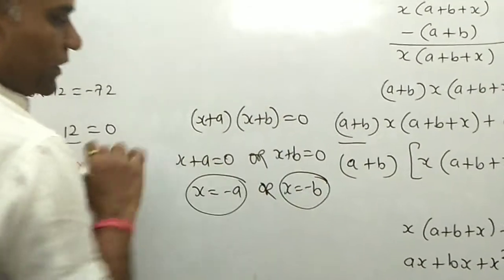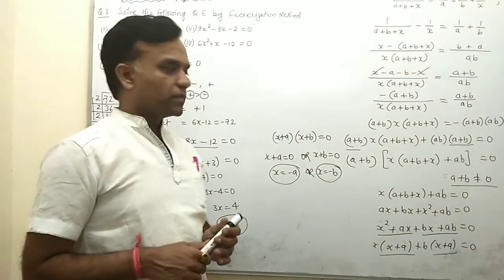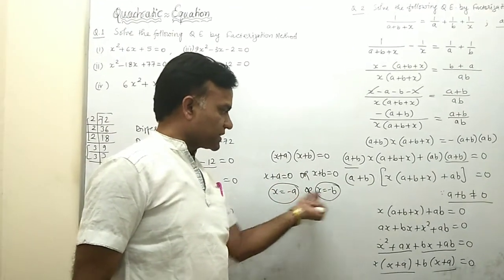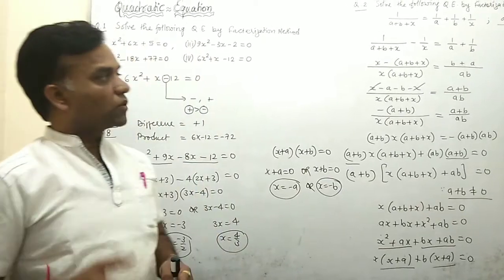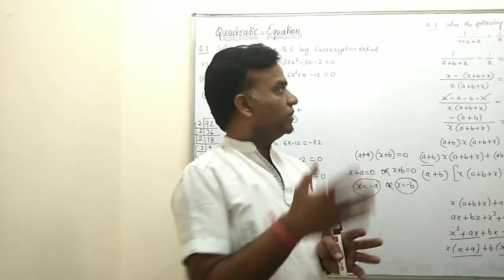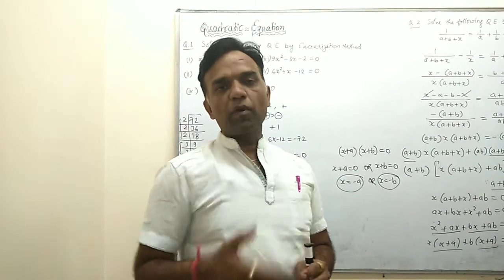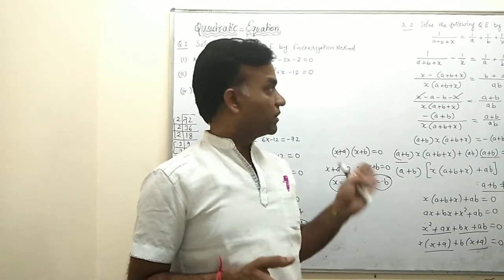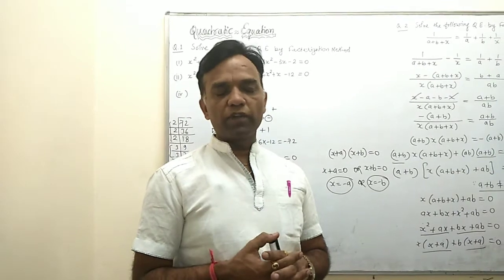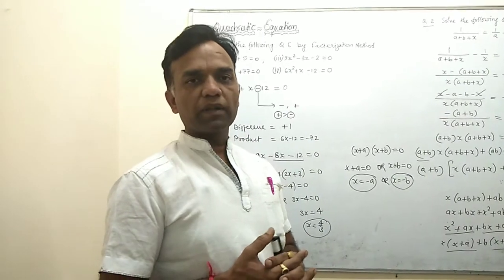Okay, so again we have two factors, x plus a and x plus b, and their roots are minus a and minus b. That is the difference between factors and roots. The factors are x plus a and x plus b, but the roots are minus a and minus b. Now, these questions are related to the factorization method, because there are three methods. So in this video we conclude only the method of factorization, the solution of quadratic equation by factorization method. For more examples, do more practice. We also have a reference book, the NCERT book, which has more questions related to the factorization method. Now you do the practice for the factorization method.